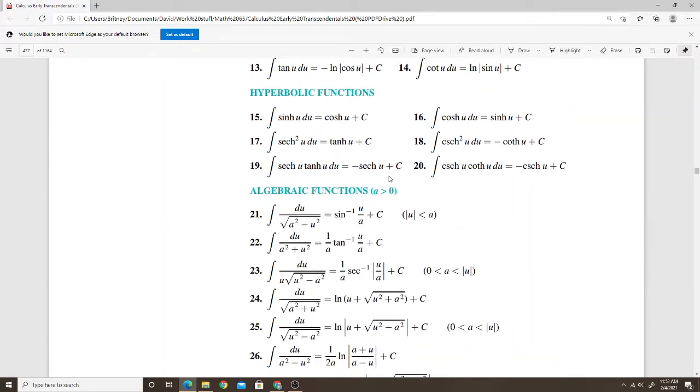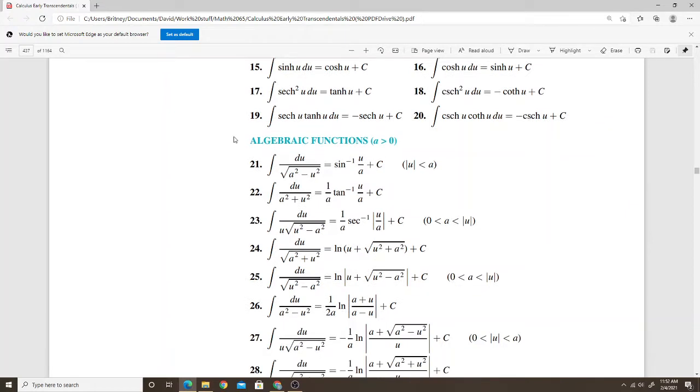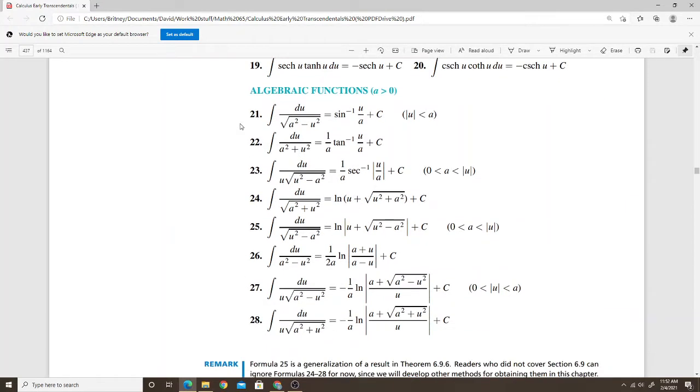At the end of chapter 6, so in section 6.9, we went over all these hyperbolic functions, right? And so that was pretty recently. So you should have these things kind of in your memory from just pretty recently. And then we have these other forms. So we had these integrals that ended up being